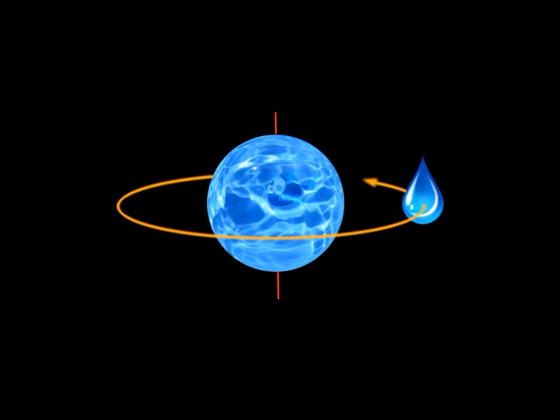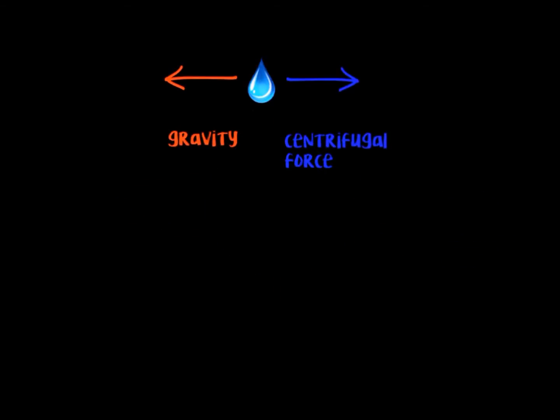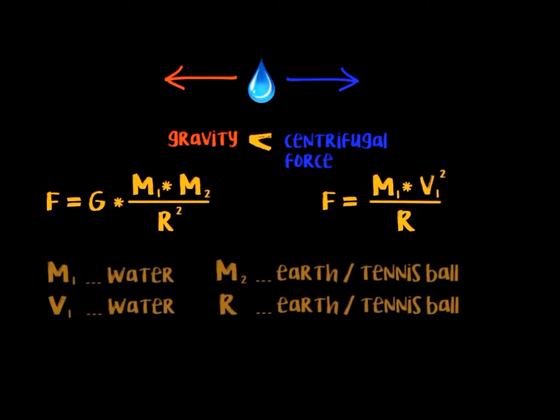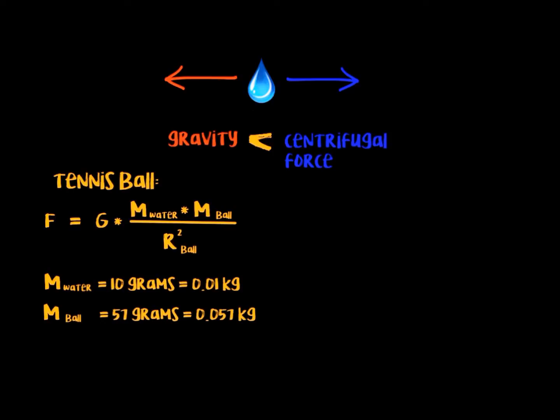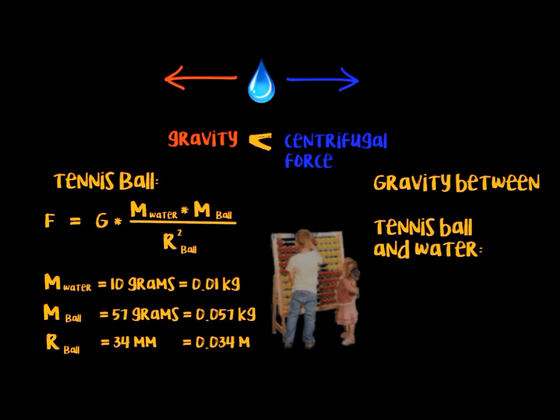If we neglect electromagnetism for this moment, we again have two forces to think about. Gravity pulling the water inwards and centrifugal force pushing it away. In order to lose the water, centrifugal force has to be bigger than gravity. We look up the equations for gravity and centrifugal force and put in the values for the tennis ball first. With the help of a calculator, we find that the gravitational force between 10 grams of water and a tennis ball would be